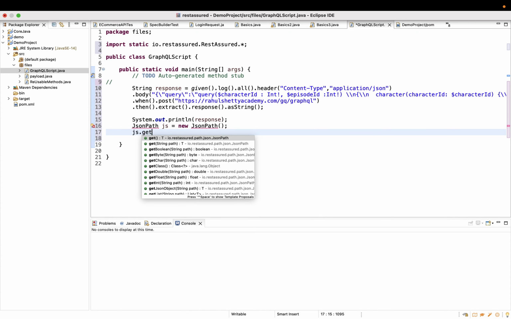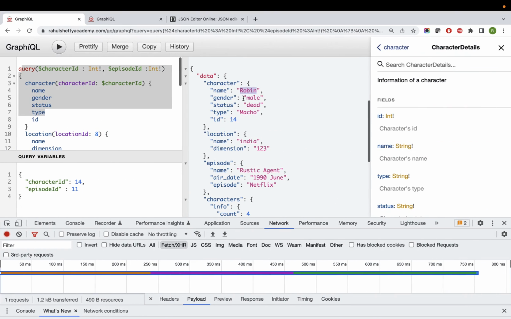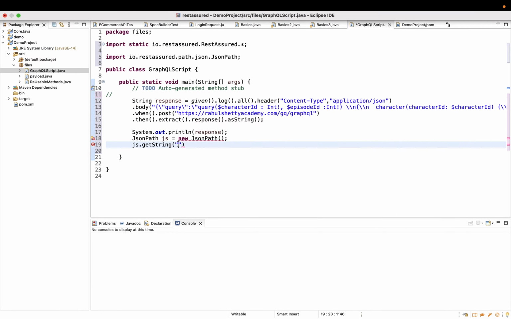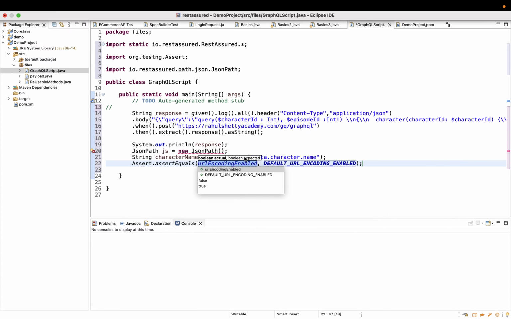Okay, js dot get the string, and let's give the path. So this is the path, start from data character dot name, and then this will be retrieved, right? So data dot character dot name. Even this you can print it in the output if you want, string character name, and then you can put any assertions like assert, verify if the character name is, oops,